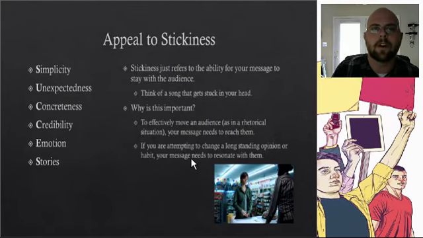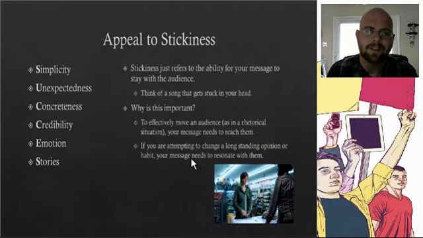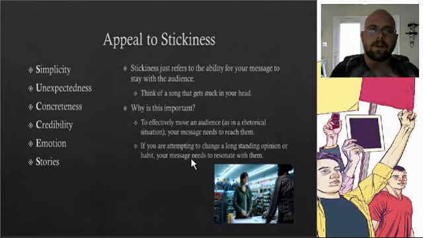Okay, so there's this complexity versus simplicity, and it's hard to reach the people that don't believe in climate change because you're taking away this simple explanation, this thing that sticks with them, and trying to replace it with a very complex idea. And it doesn't work. Okay. And so if you're trying to craft a rhetorical appeal, you want to think about stickiness as one way to move past this